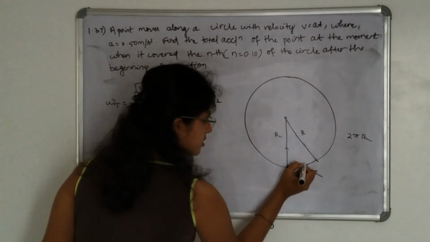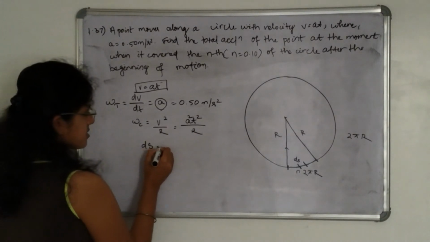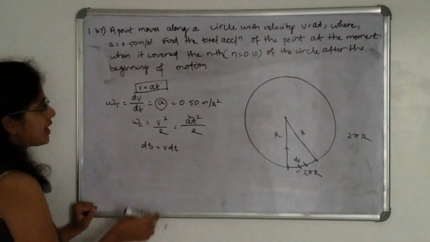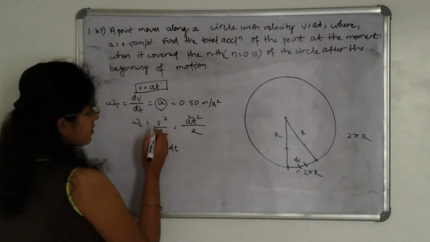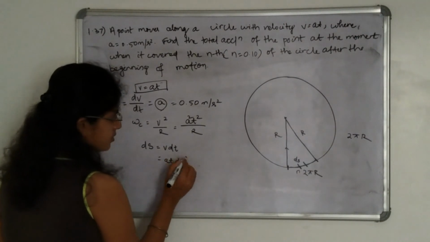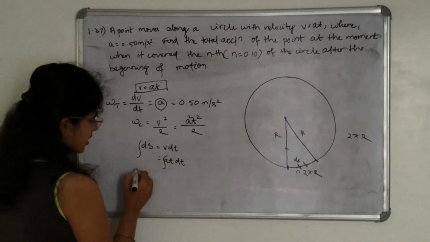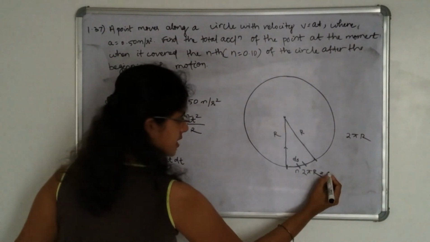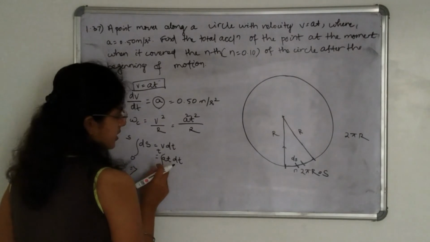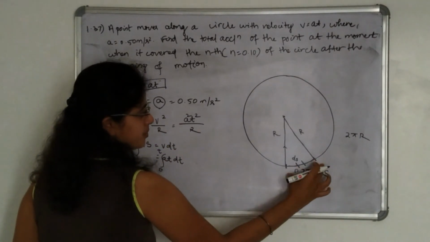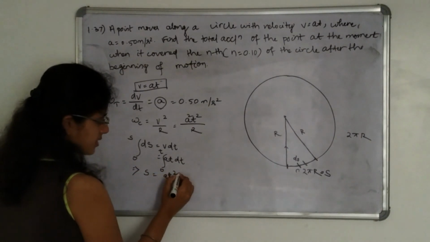If we take only this much of distance, let us consider it as ds. So ds is how much? v into dt. At the initial point t is equal to 0, that means velocity is also 0. So velocity is changing with time, so we can put it as a into t into dt. Put the value of v, a t. If we integrate this, then what can we get? Let us say 0 to s, and this is from 0 to t. Let us again assume the point takes t time to cover this much distance. Okay. So this will be s is equal to a t square by 2.